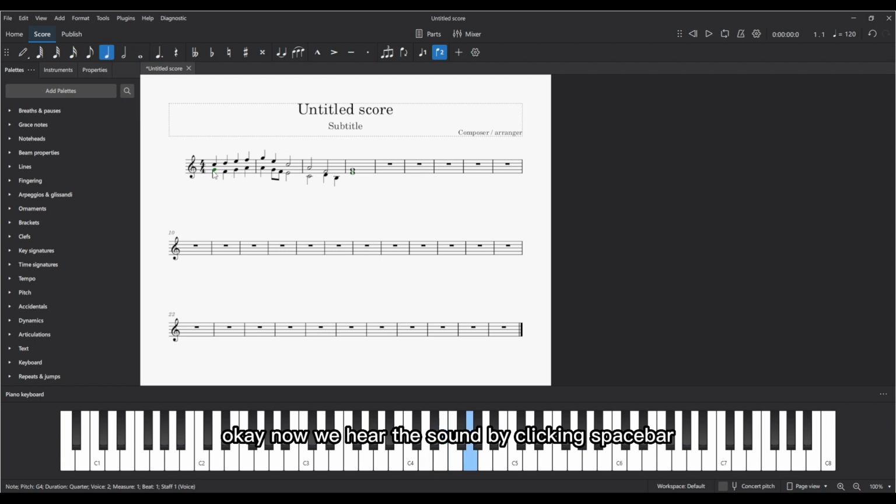Okay, now we hear the sound by clicking spacebar. So it's very easy. You can do it by yourself, and that's an easy and quick